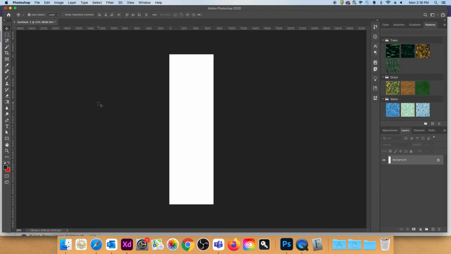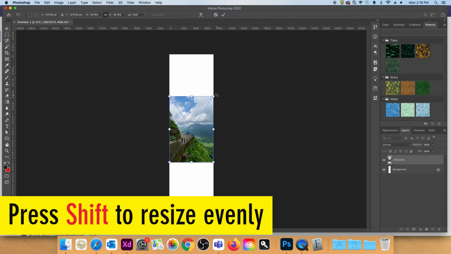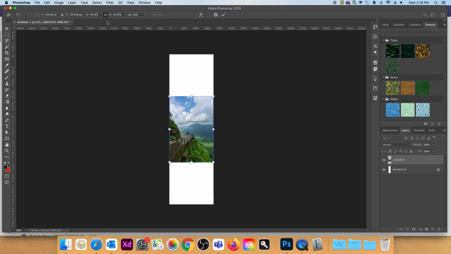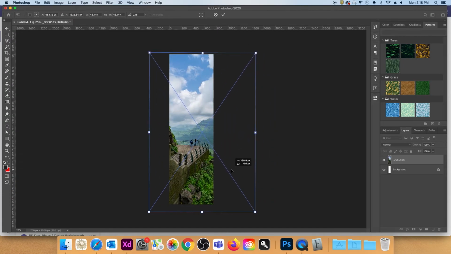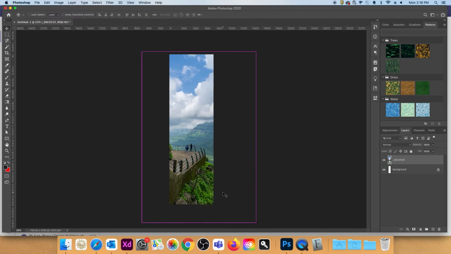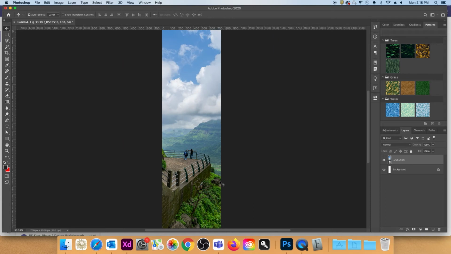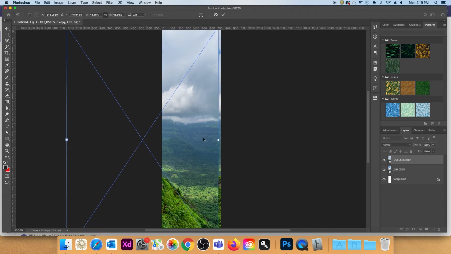Now back to Photoshop. I'm gonna drop my image here, drag it to resize. I can press Shift key while dragging to resize evenly, or turn on the link button here. See how I have composed my image? It gets cut from this rock here. Let's duplicate the image. The image should start from that rock I showed you. Oops, I need to increase the size a bit.